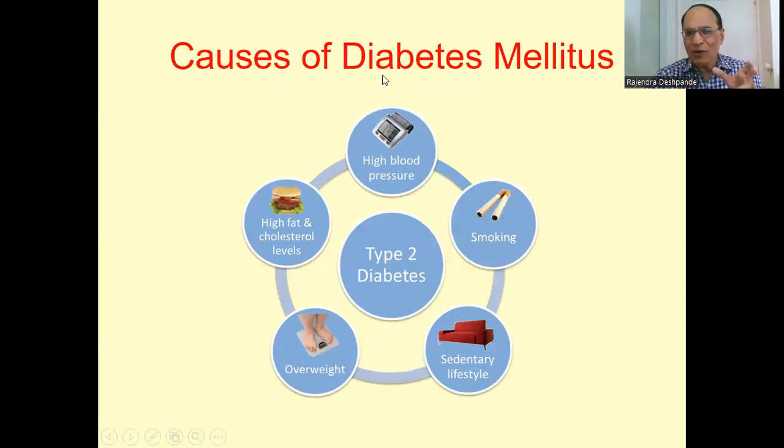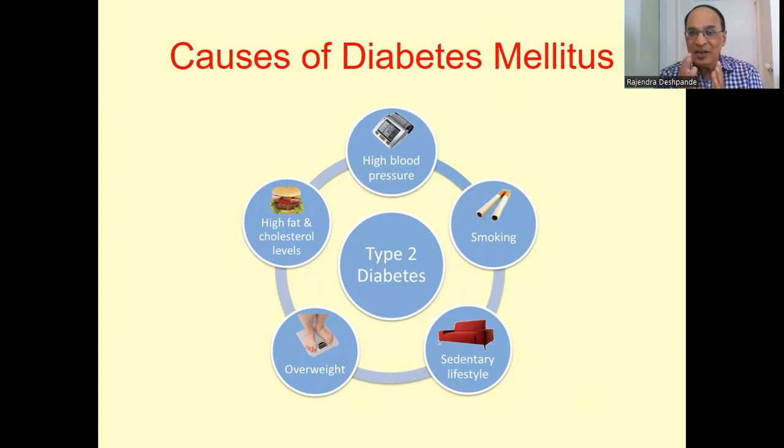So let us start to discuss diabetes. First, in a pictorial format, these are the causes of diabetes mellitus. This is type 2 diabetes mellitus. Try to understand, diabetes is of two types, type 1 and type 2. Type 1 is most of the time congenital, and there is a problem with the pancreas: the islets of Langerhans cells atrophy, the cells are very few. Type 1 is rare, but type 2 is very common after 40, 50, and nowadays even after 30, because of wrong food habits, a lot of carbohydrates, and a sedentary lifestyle.